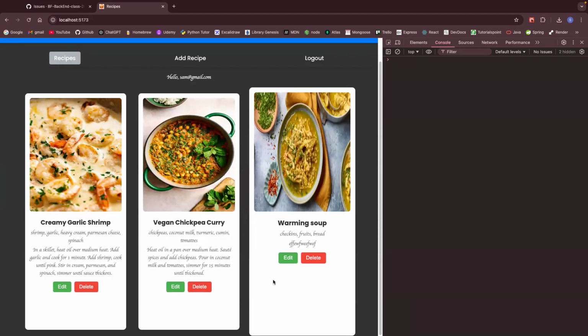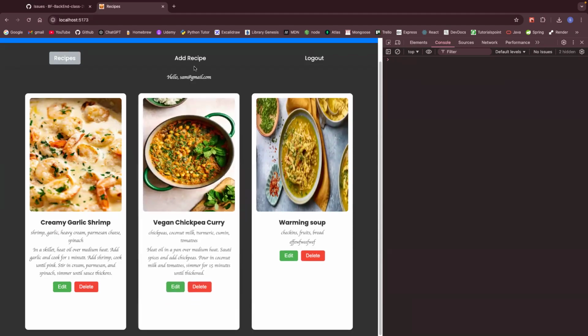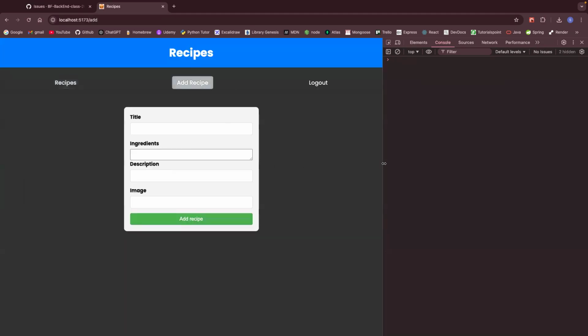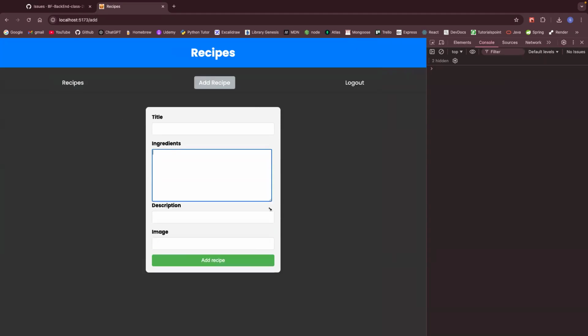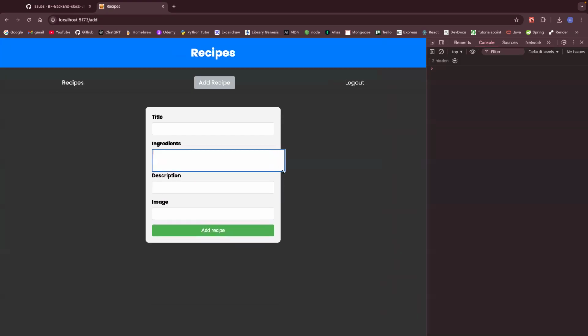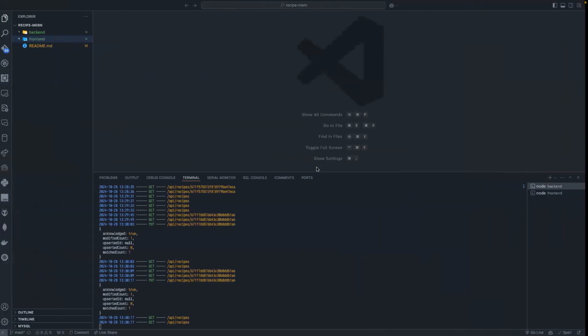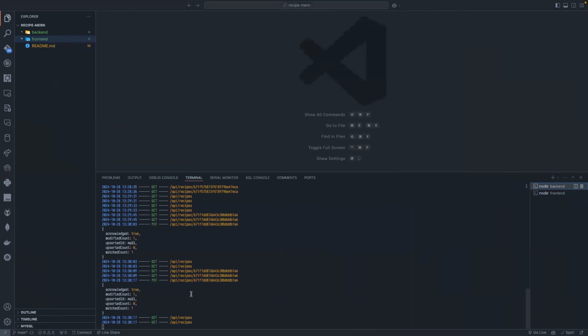And now, as you can see, the edit and the delete and also the add recipe, all of them are working perfectly. There is something which I do not like, which is the ingredient. We made a text area. So as you can see here, I don't like it really. So what I'm going to do here,